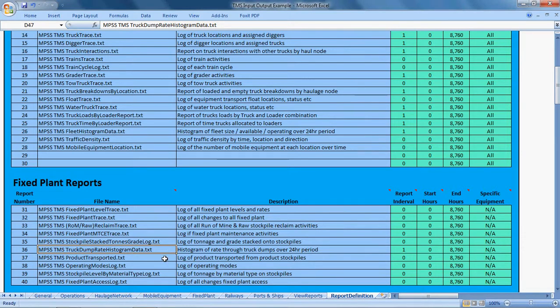This is a log of product transported from product stockpiles. In the simulation, if you have a mining operation delivering material to the product stockpiles and those product stockpiles get full, the simulation naturally stops processing material because it's got nowhere to dump it, and trucks and loaders are stood down, etc. But if you want to include how the product stockpiles are interacting with your mine, but you don't want to actually simulate your rail operation or your port operation, there's a